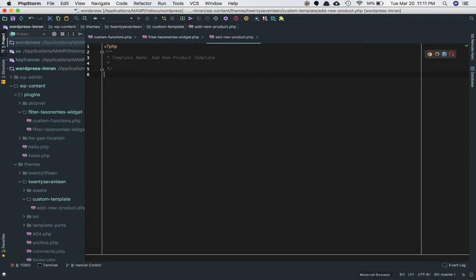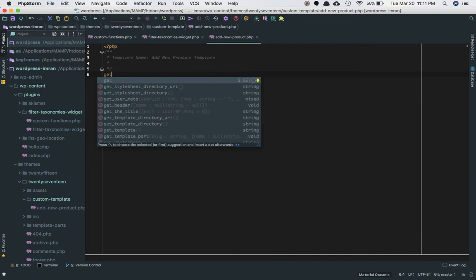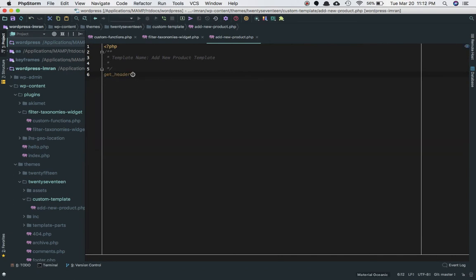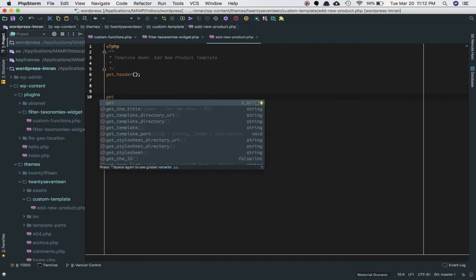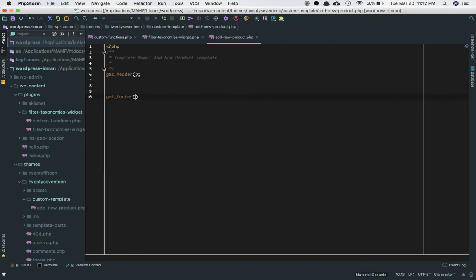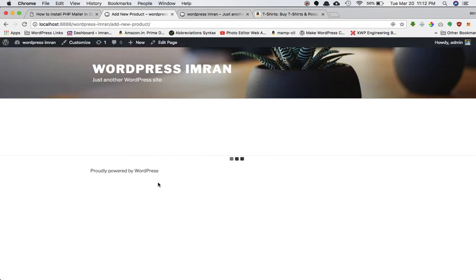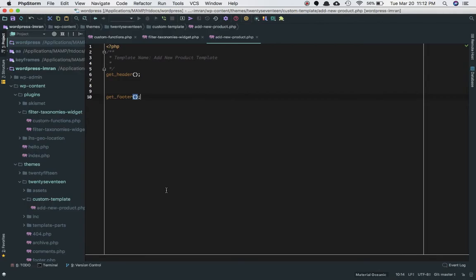So obviously I need to call the get header function. I need to call the get footer function to be able to get the header and the footer section of my theme inside of my template. Okay, so I've got my header and the footer of my theme, okay, inside of my template